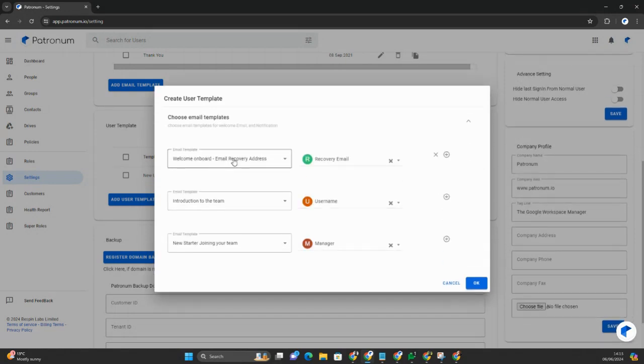And so here we will be sending a welcome email to the user's email recovery. We'll be sending an introductory email, the introductory template email that we just went through. That will be sent through to the user's business email address. And we're also going to be sending the new starter email to the manager. And so those emails will automatically be sent as soon as a user is created in the system using the